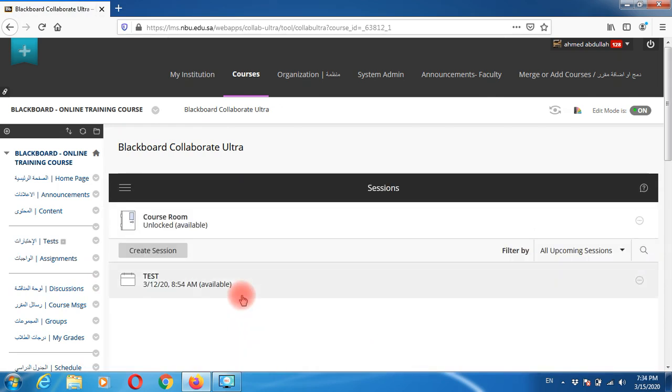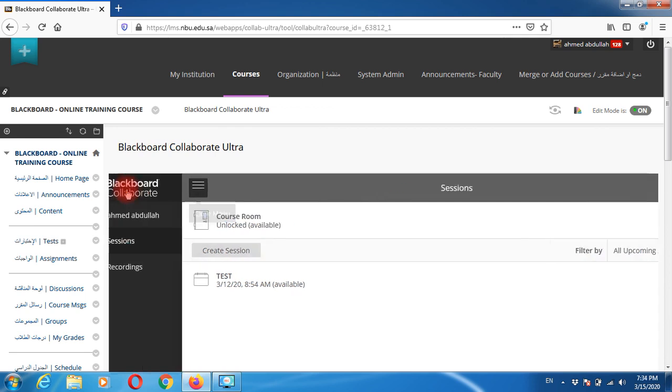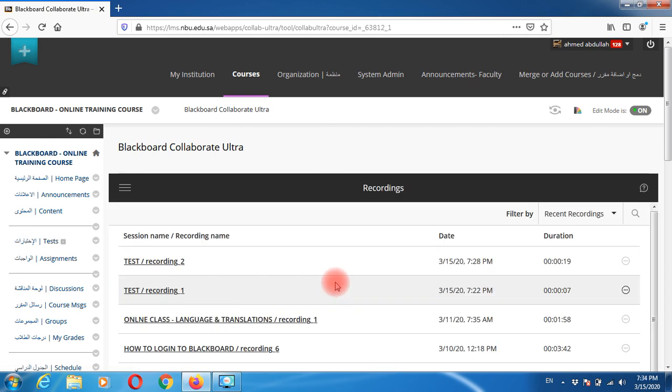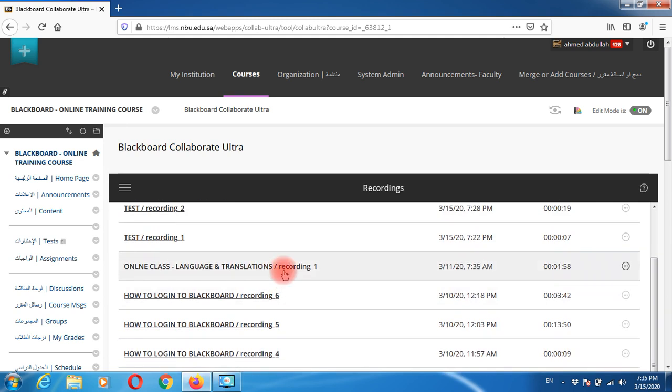Once you open Blackboard Collaborate Ultra, on the top left side you have a menu icon. Click on the menu icon, then go to recordings. You will have a list of all the recordings which you have made for your different lectures. For me, I would like to go with this recording and make it available for